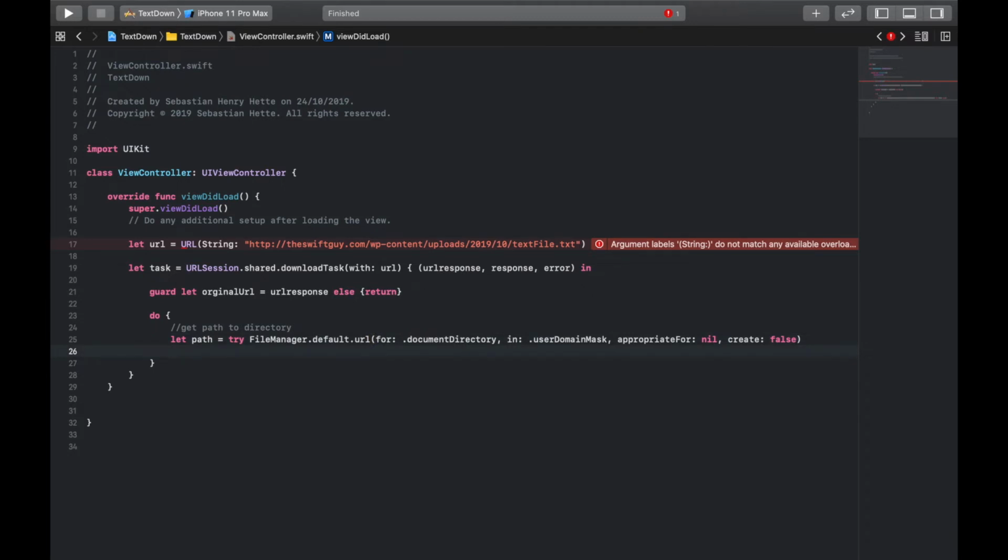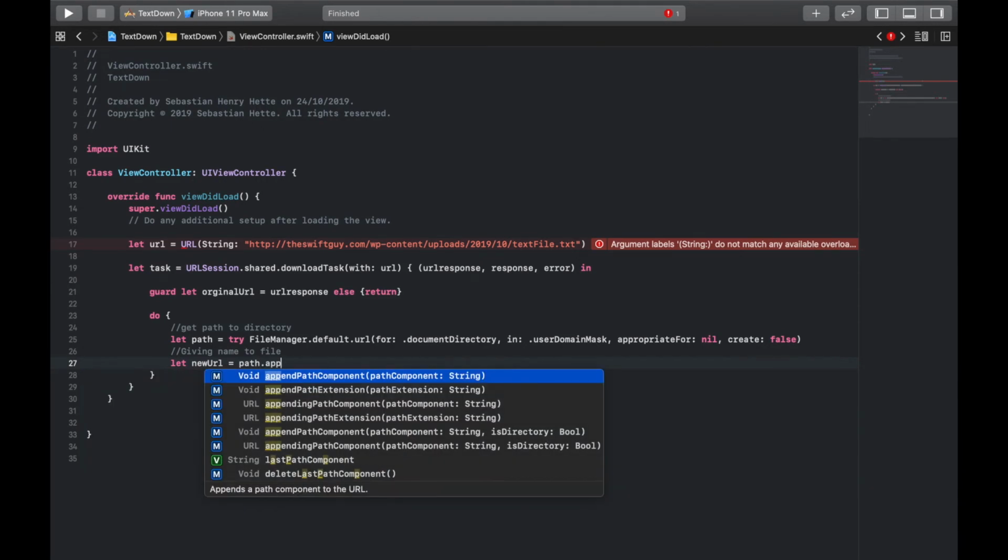And because there might be a bunch of files over there, we're going to give a specific name to our text file. So that's what we're doing here, giving a name to the file, or basically creating a specific URL or path for our file. So I'm going to say let, and this is going to be our new URL, the place where our file is moved to, is equal to